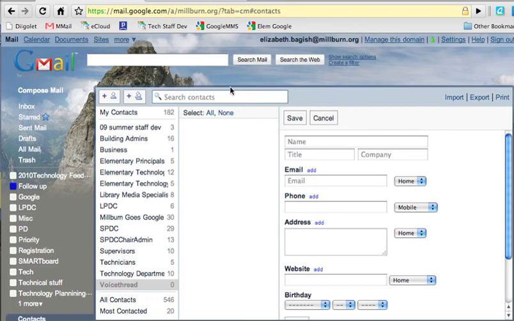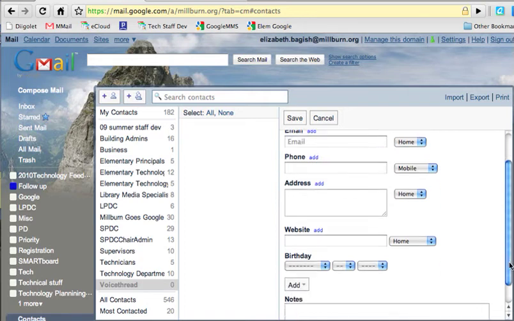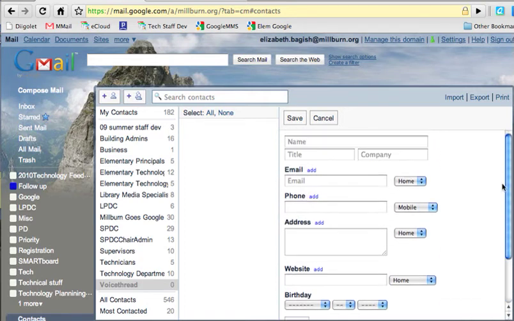So it is possible, however time-consuming, to import your contacts into your Gmail one by one. And the way you would do this is you would go to your mail and then you would click Contacts, which is generally down on the bottom on the left-hand side, and then you could just click Add a Contact, and you would get this screen where you can put in the name of the person, you can put in the person's email, and any other information that you want to put in as well, and then just save. But that's really time consuming, especially if you have 120 or so students, as any secondary teacher would have, to